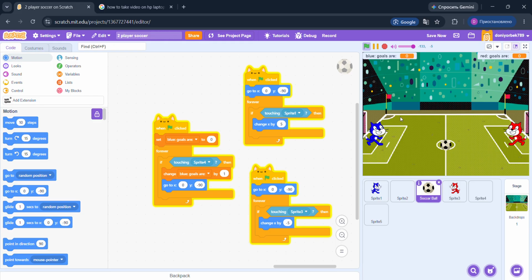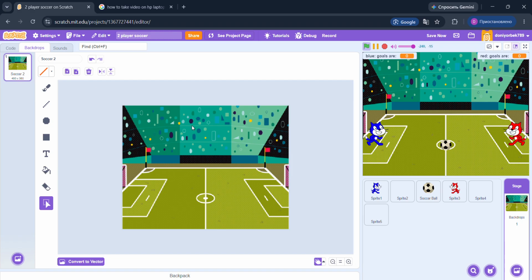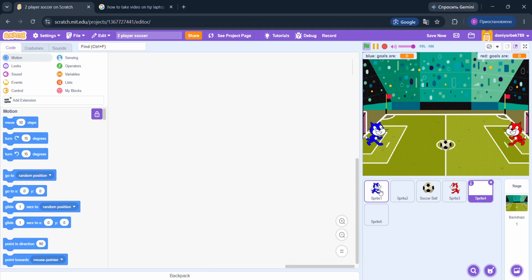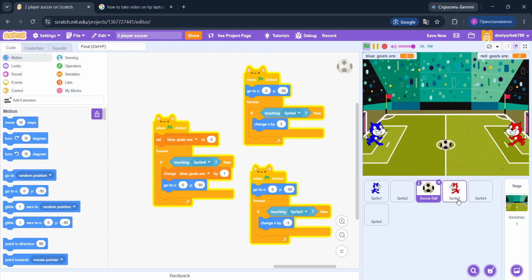Why isn't that working right now? Needs to be set to another place. But this is a vector map. Okay, set HD.